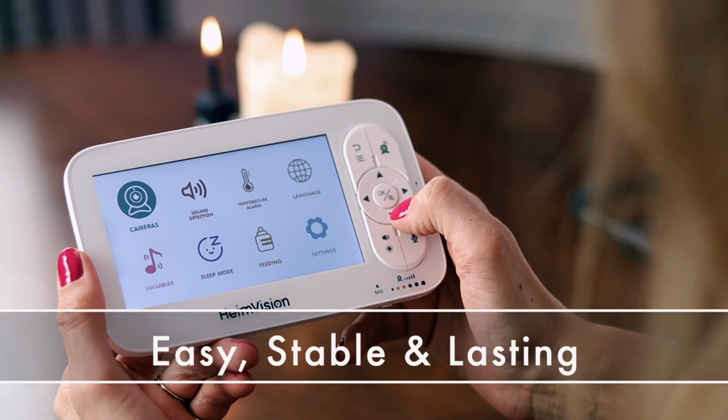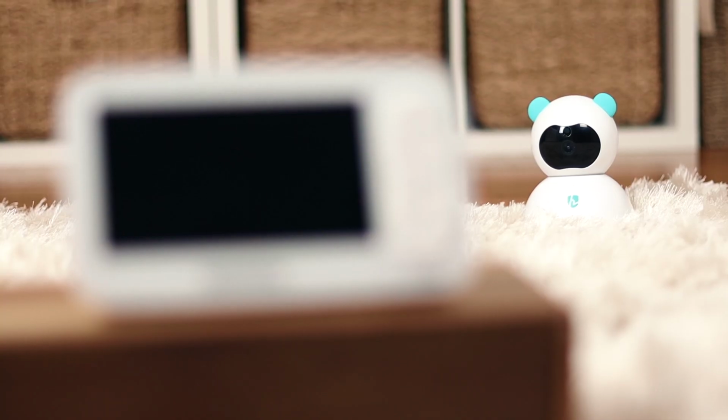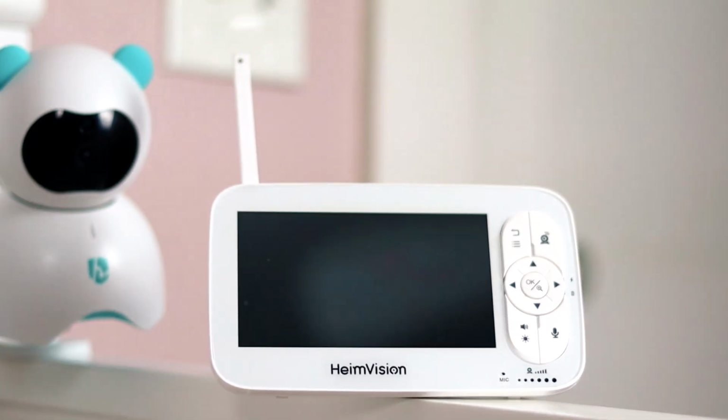Introducing the HM136 by HeimVision, a conveniently designed baby monitor that offers a high-quality experience via a multifunctional system. HeimVision's HM136 is a simple-to-use plug-and-play system. With 2.4 gigs of FHSS technology, the connection of the camera to the monitor can reach up to 900 feet in open areas. It contains a strong, built-in 2100 mAh rechargeable battery that can power your monitoring device for up